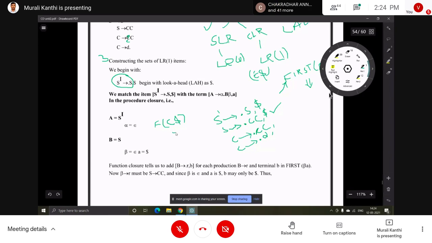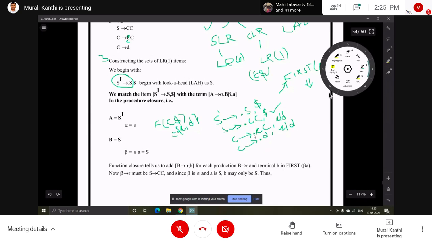So first of C gives small c, comma d. Add those two as the lookahead for these productions. So the lookahead symbols are added.